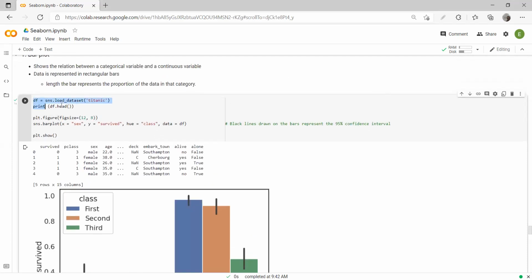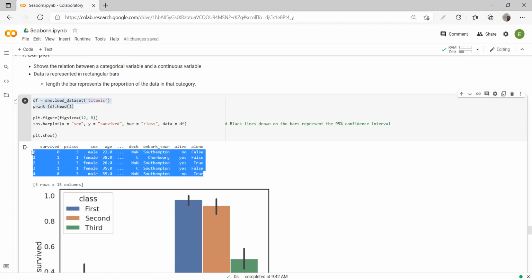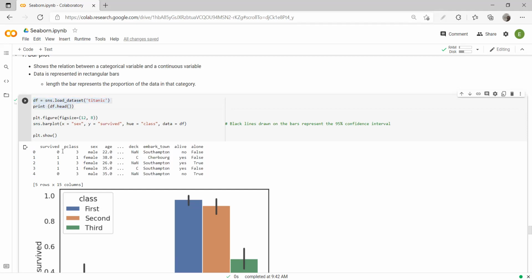So you can see that these two lines of the code are doing nothing but loading a Titanic dataset. The Titanic dataset is provided by the Seaborn library, sns.load_dataset Titanic. It is going to load it into a data frame. And we are doing a df.head, which is showing the top 5 rows. It has a few columns like survived, whether a person survived or died in this, right? Some people survived and some people died.